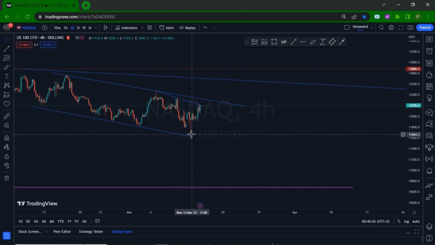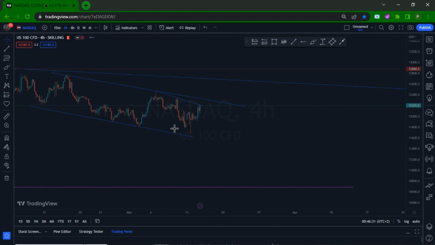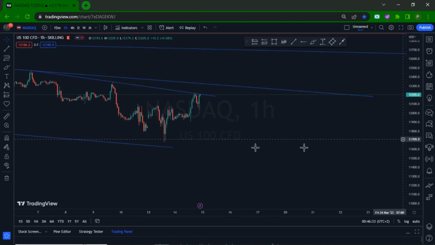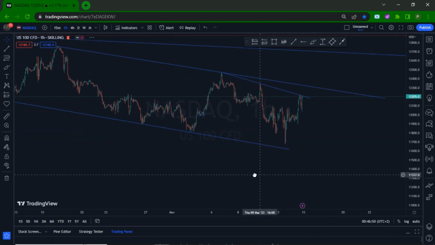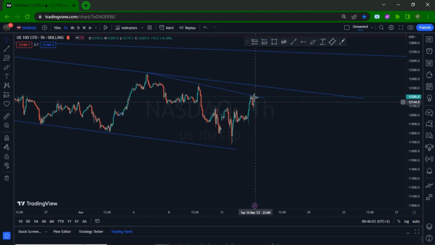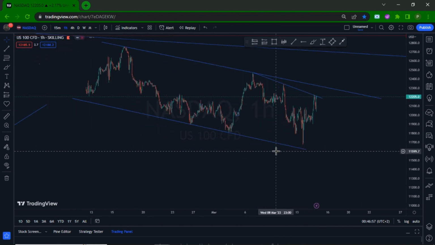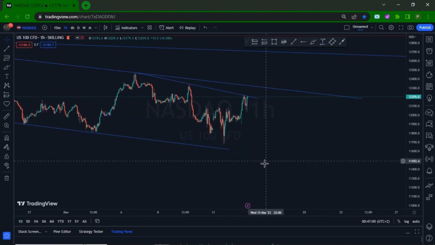Now check this out. I was looking forward for price to come touch here and then we capitalized and move to the upside, however it didn't. But then check this out. We had this impulse and then the correction type formation. So I was anticipating that price is going to still move to the upside. But I was also paying attention to this area because first, second, and then another touch here, right? And it failed to break. So anything may happen here. It may break and come touch here, and then come back down. So we just have to be very careful.